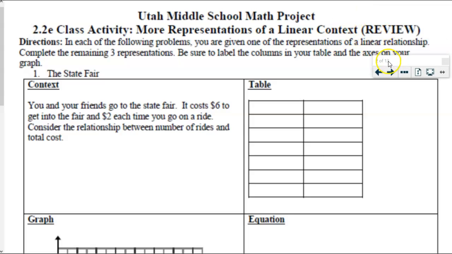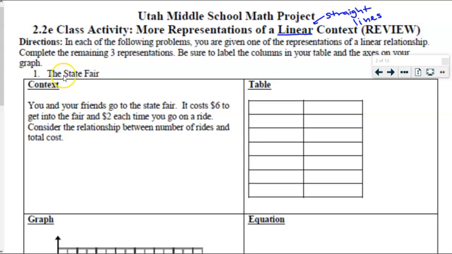What does that word mean? Linear. We just saw it a few minutes ago in class. Linear, what does that mean? Straight line, yes. Linear means straight line. So that means each one of these will be straight lines. And because it's a straight line, we're also going to be seeing something that we'll address later in a later